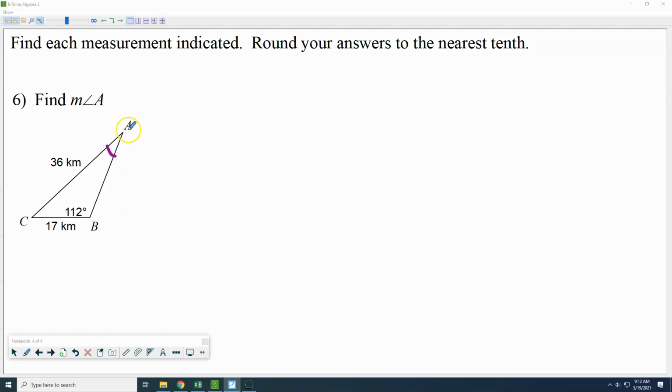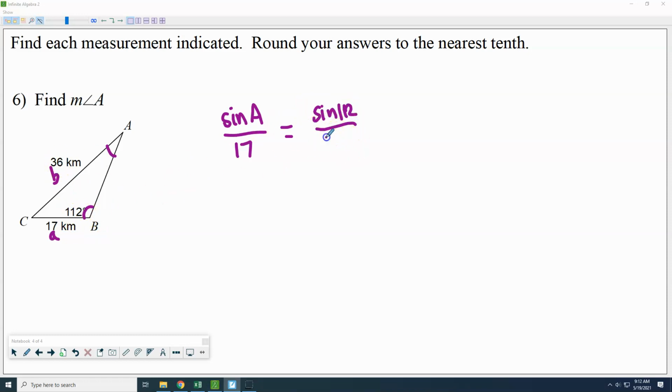So I want to use this as little a, the 17 that's across from it. And then I know B, the angle B is 112, and so this little b would be 36. Now this time, because it's the angle I'm looking for, I would want to put the sine of angle A on the top and put the side length that's across from it on the bottom. So over 17. Then I want to set this equal to, and again, because I put the sine of the angle on top in the first one, I'm going to need to put the sine of the angle on the top on the second one as well. So this will be sine of 112